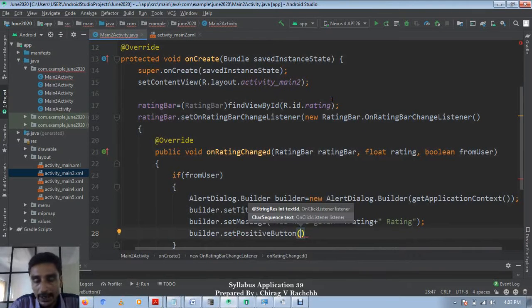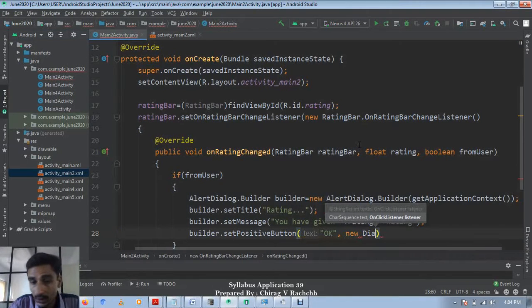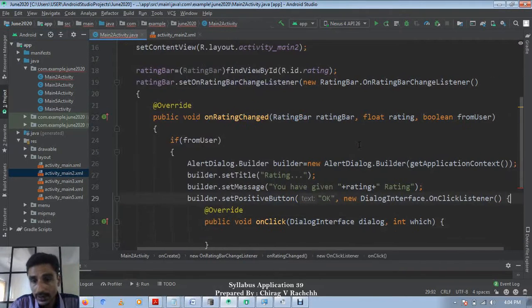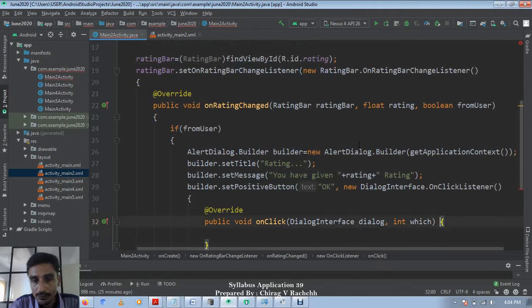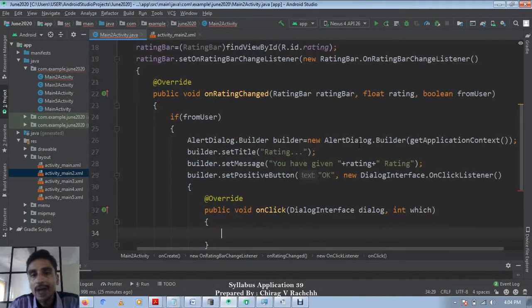The text of this button is OK, and the next argument is an OnClickListener, new DialogInterface.OnClickListener. It is the simplest of the dialog boxes available in Android, the alert dialog. Here what will we do?